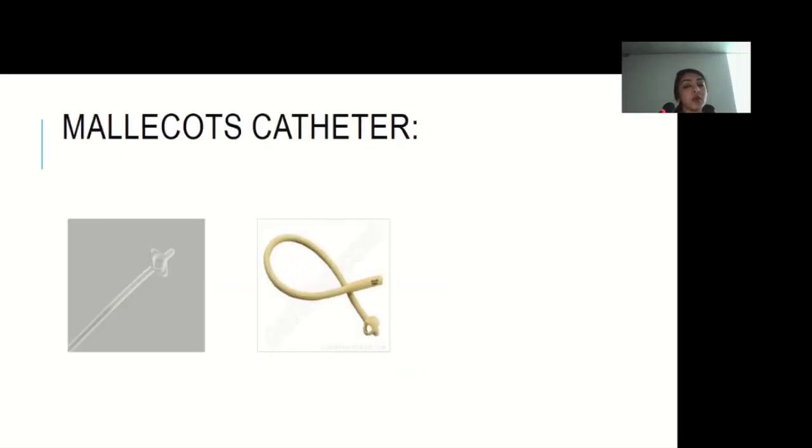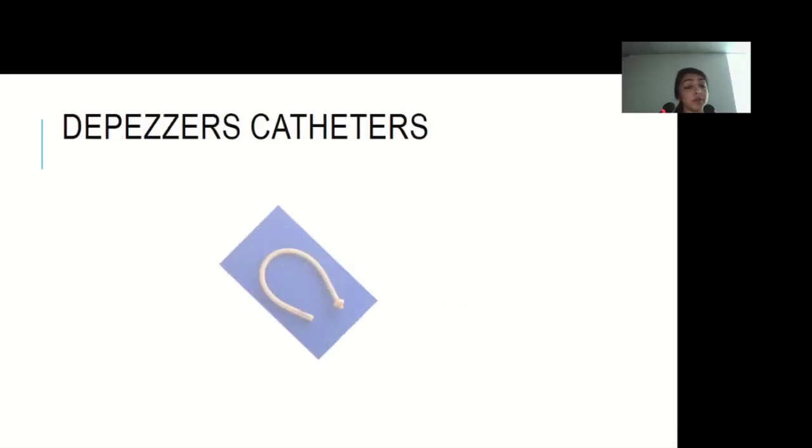Other tubes are Malecot catheters. They are used as a percutaneous nephrostomy because they have a good retaining mechanism. This is an expanding, flower-like ballooning end attached with a wire. By pulling that wire, it inflates and is a good retaining mechanism. Some patients are mentally not sound and can pull out the nephrostomy tube. So these Malecot catheters are frequently used in those patients because they have a good retaining mechanism.